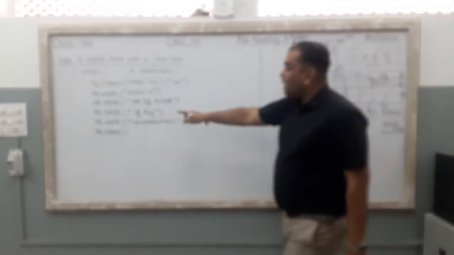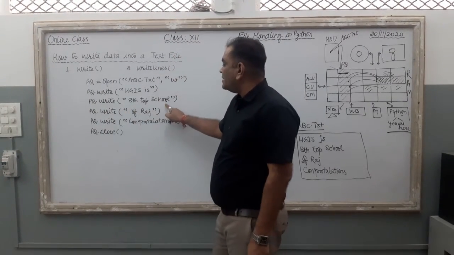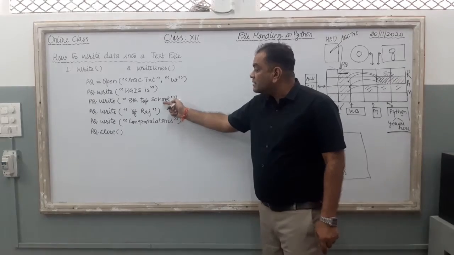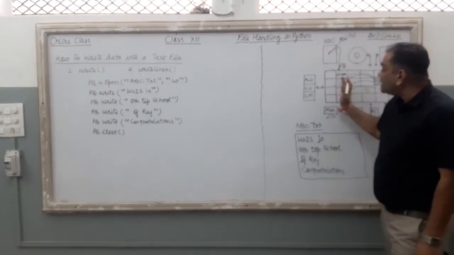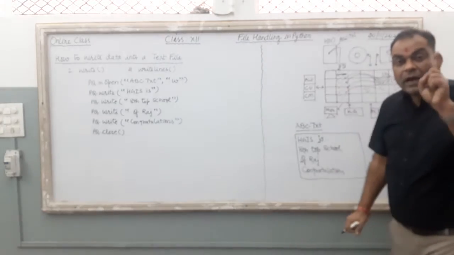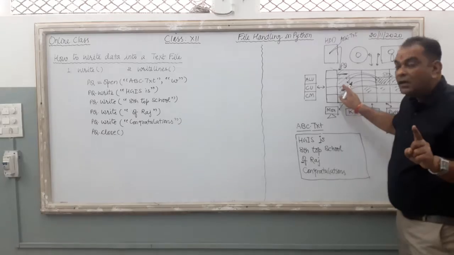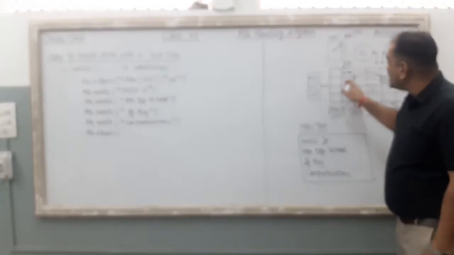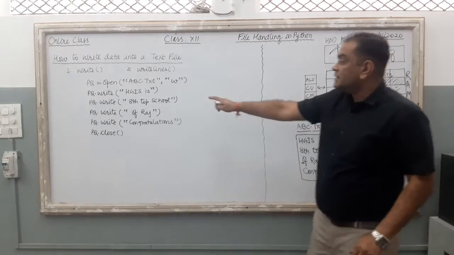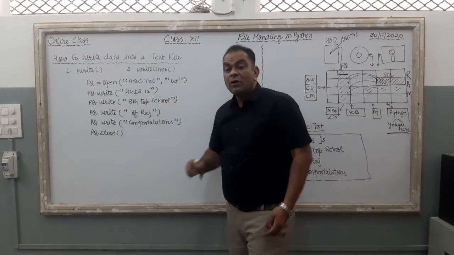Done? Now if again I use this command pq.write 8th top school, again the second string is going to be stored inside the file object. I am telling you, inside the file object that is there inside the memory, not inside the file. अगर फाइल में डाटा राइट नहीं हुआ है, डाटा सिर्फ ऑब्जेक्ट में गया है. Now just see, HGI is, then pq.write 8th top school. अब होगा क्या?